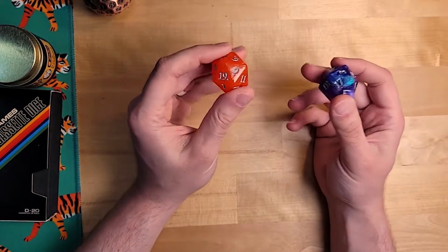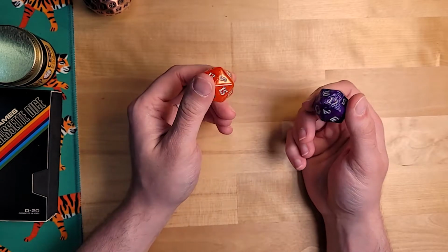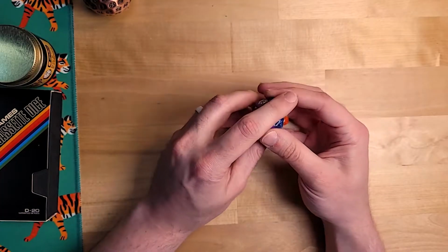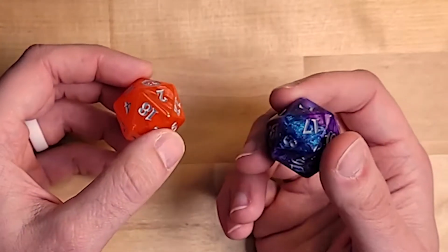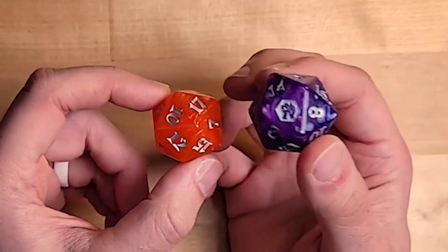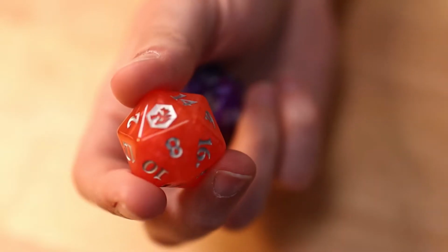I would say that these next two are a lot of fun, but I doubt very many people have them. These next two are dice from the Magic the Gathering set. For those of you who don't know, Hasbro owns Wizards of the Coast, and Wizards of the Coast makes both Magic the Gathering and Dungeons and Dragons. And so when you bought the Magic the Gathering set that was based off of Dungeons and Dragons, you got these D20s. Now, these are different than the normal D20s that come from Magic the Gathering sets,